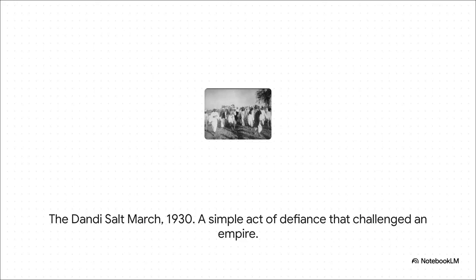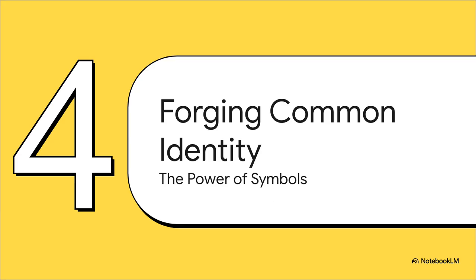And this is Satyagraha in action, and it is just brilliant. The Salt March of 1930. The British had a total monopoly on salt, and they taxed it, something every single person needed to live. So Gandhi walked 240 miles to the sea to illegally make his own. Think about it. It was a simple, nonviolent act that every Indian, rich or poor, could understand. It was political theater of the highest order, and it made the British Empire look both cruel and ridiculous to the entire world.